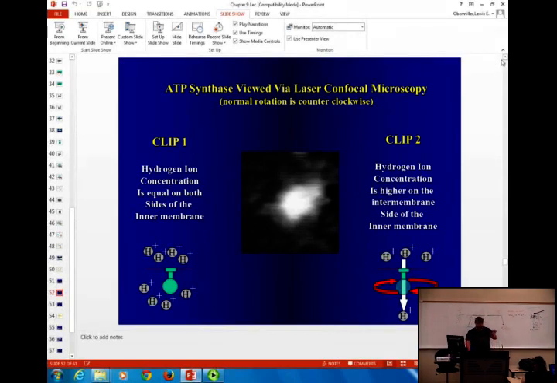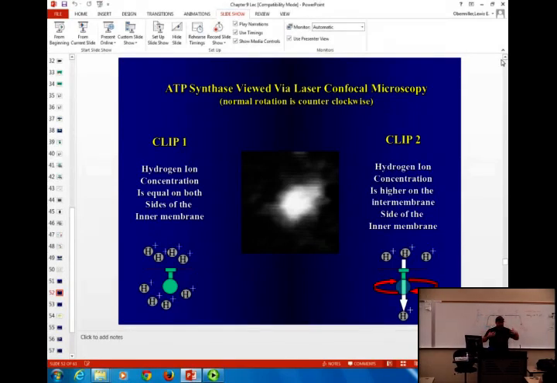And remember, you have hundreds to thousands of mitochondria per cell. You have millions of ATP synthase per mitochondria. So you literally have trillions of these things all spinning around right now inside your body in every single cell.